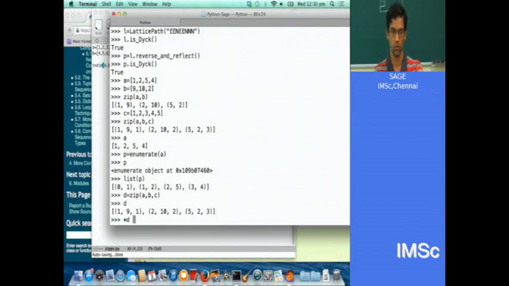What does zip now do? It's supposed to take it column by column. So it will now do 1, 2, 5, 9, 10, 2 and 1, 2, 3. So if I did zip of star D really, so zip